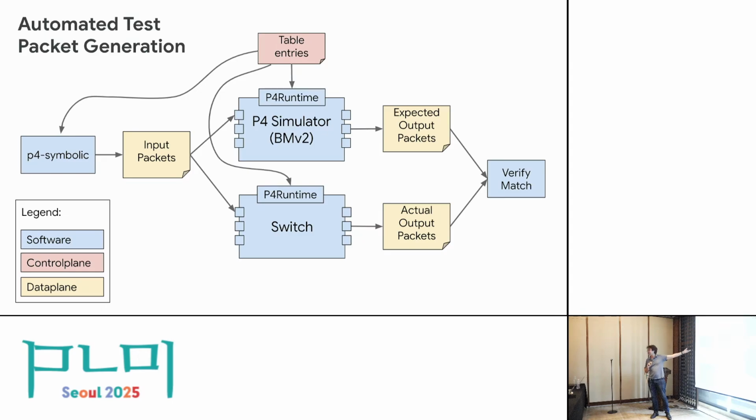Anyway, P4-TestGen is a very great open source tool that will also do this, if this is something you were interested in doing. This lets us generate these input packets given these table entries according to some goal. So if you think of P4-Symbolic as being able to say, I want to hit every single table entry with at least one packet, and for each of those, I want it to drop once, and I want it to be forwarded once. And that's pretty much exactly what we actually tell it to do. That's the sort of thing you can say. So that's kind of the brain of the operation, if you will.